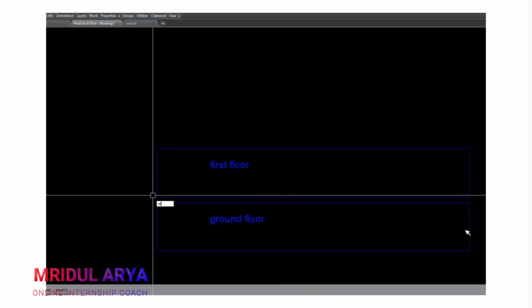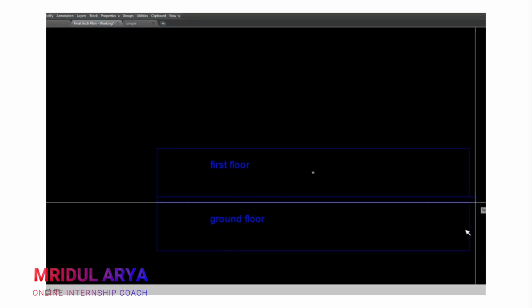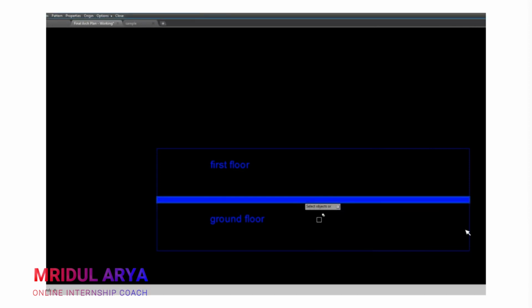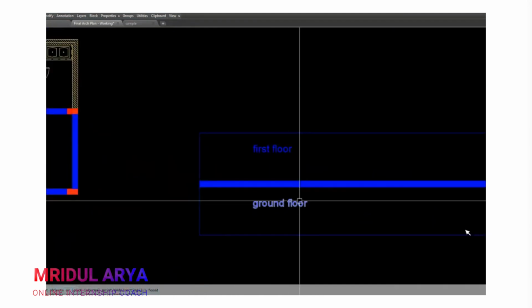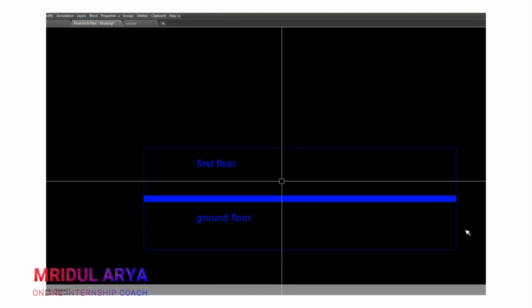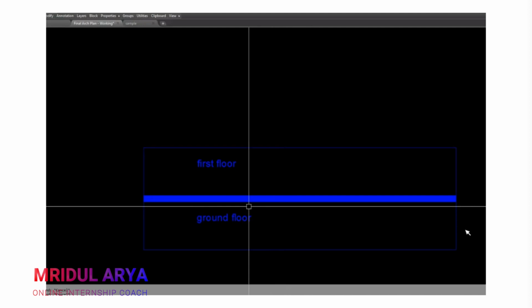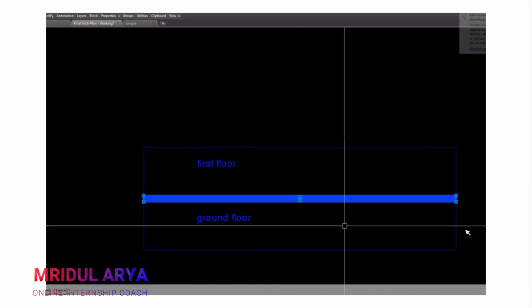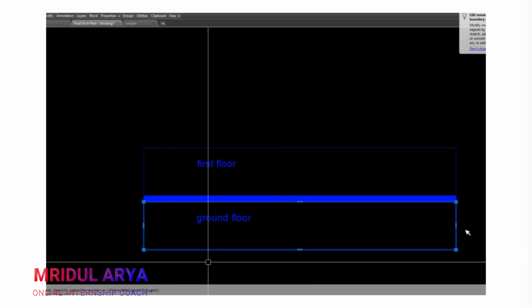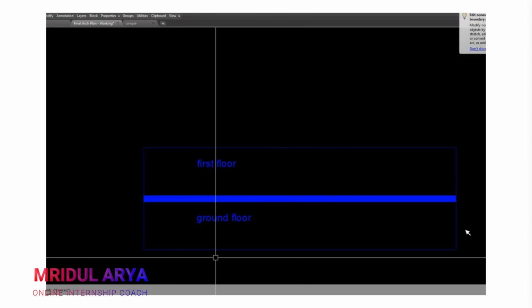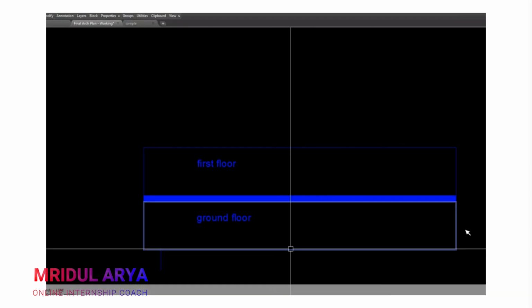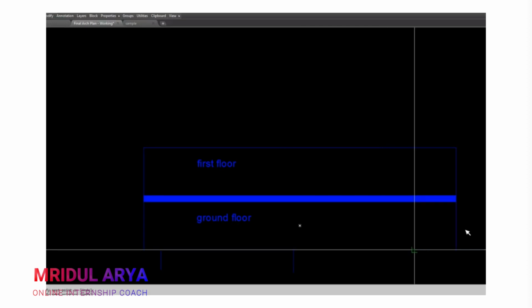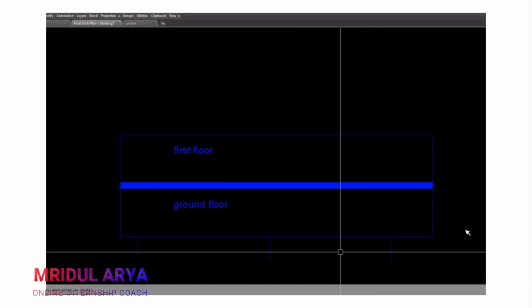Now in the middle, this is your structural floor. So whatever load I have on the first floor will go directly down on this structural floor, and whatever load I have on the ground floor will go directly onto the footings. I don't need to provide any special element unless this floor is supported on another floor.